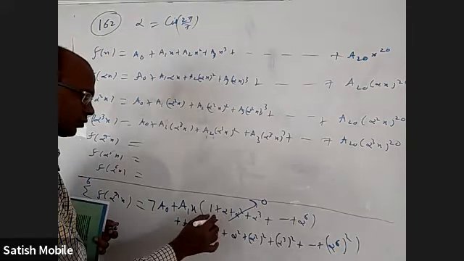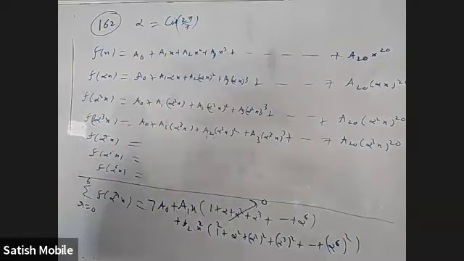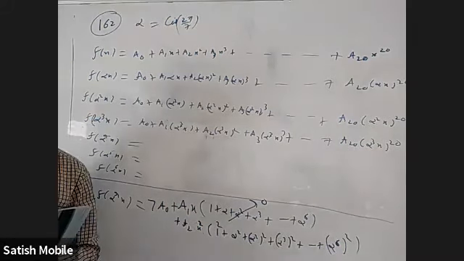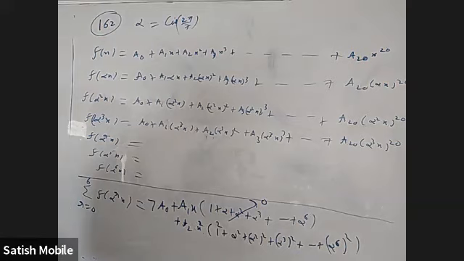Even 1, you can write 1 square if you want. When you take nth roots of unity, is it only that the sum of the roots is 0, or is the sum of the squares also 0? The sum of the cubes also, the sum of the power 4s also? Is everything 0?